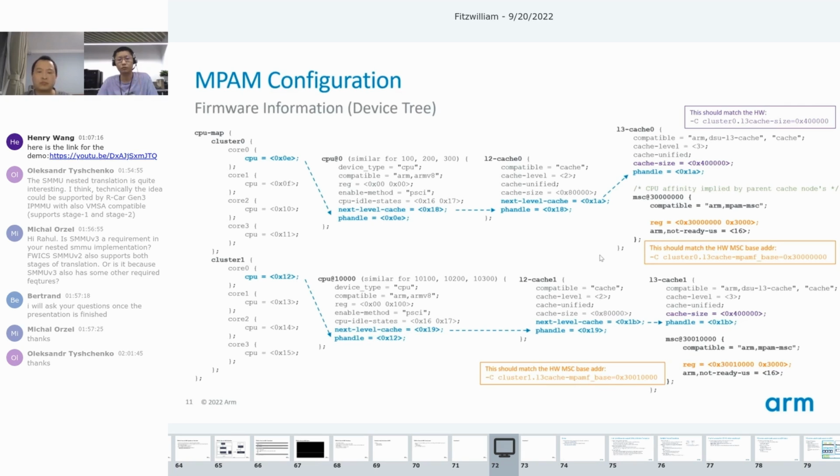So it's another way to do what you could achieve with cache coloring, maybe. At this stage we have very few hardware examples. That's only models. We have no real hardware, no accessible hardware supporting that.